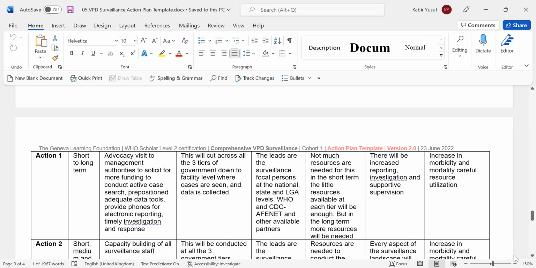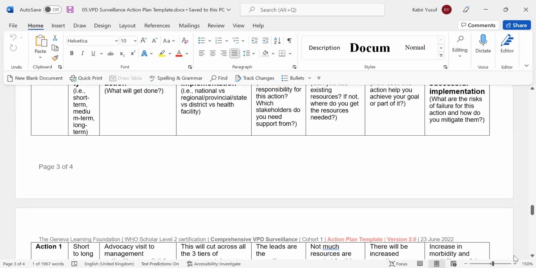So there will be advocacy visits to management authorities to solicit for more funding to conduct active case search, pre-position adequate data tools, and provide funds for electronic reporting and timely investigation and response. This will cut across all the three tiers of government, that is national, state, and local government areas, down to facility levels where cases are seen and data is collected.